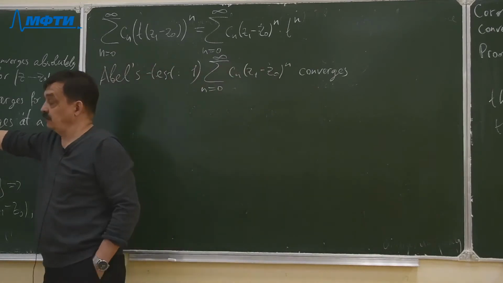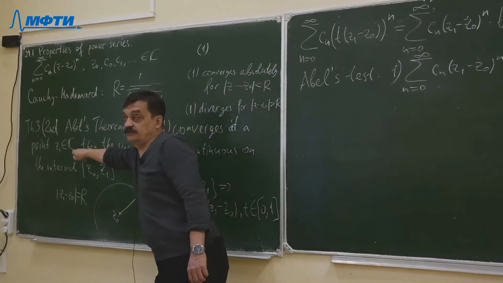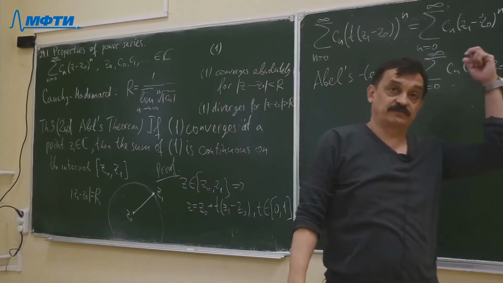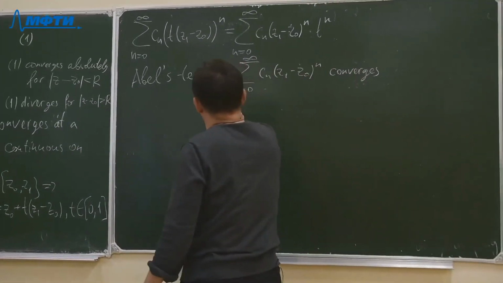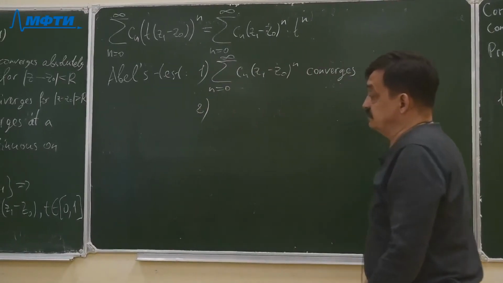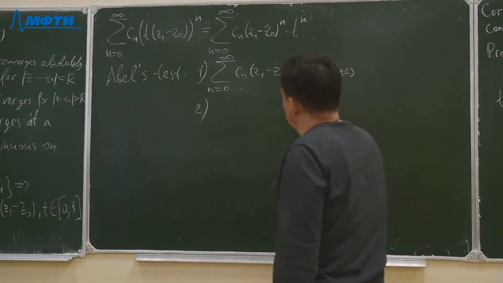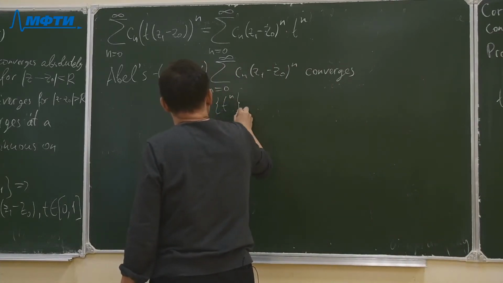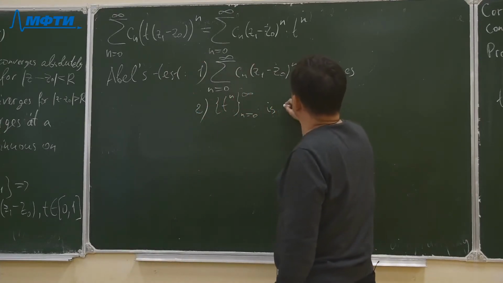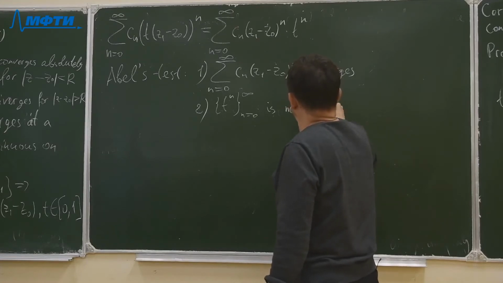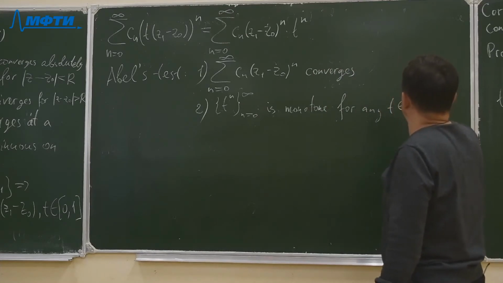By our supposition. 1 converges at the point Z1, so if we substitute Z1, then the series converges. And the second point is that the sequence t to the power n from 0 to infinity is monotone for any t in 0, 1,